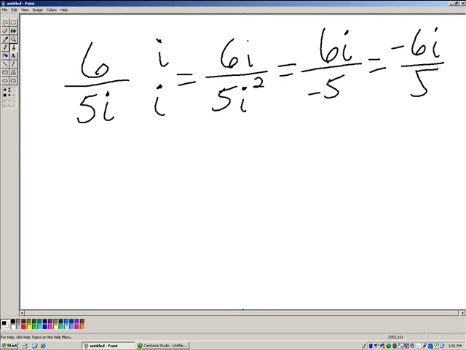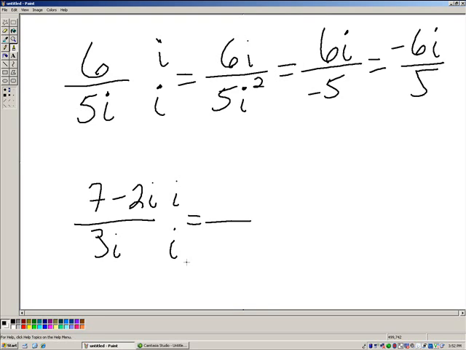So the i, if it's just an i, we just multiply by an i to rationalize. And it doesn't really matter what's going on in the numerator. You could have something along the lines of 7 minus 2i going on in the numerator over, say, 3i in the denominator. All we care about is rationalizing the denominator. We're not trying to do anything to the numerator. The numerator is really just kind of tagging along for the ride. So we multiply i over i,